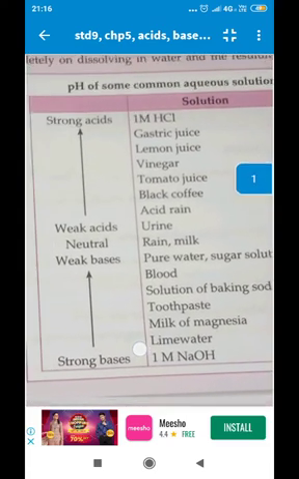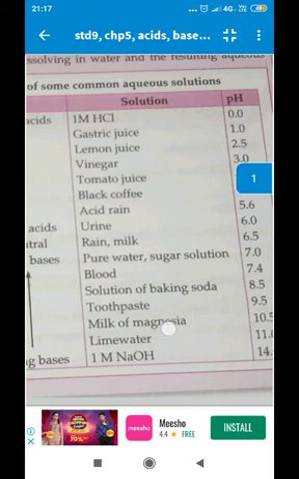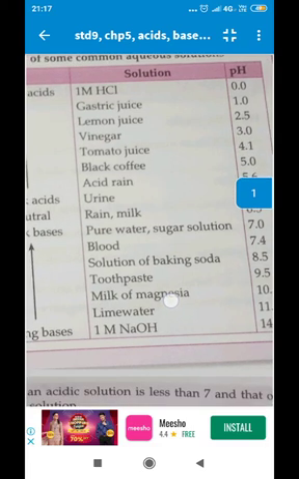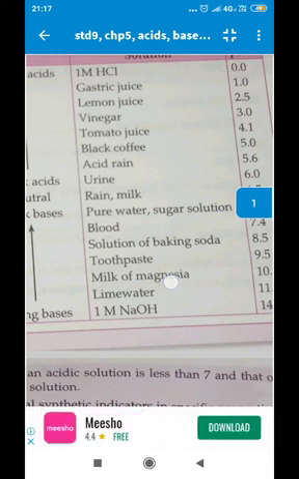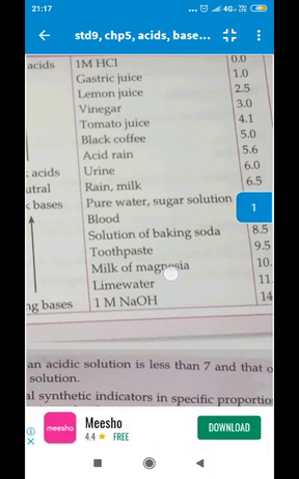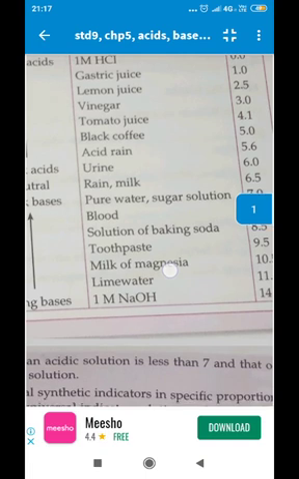You can see the examples here. 1 molar HCl, strong acid, 0.0 pH. Gastric juice 1.0, strong acid. Lemon juice 2.5, strong acid. Vinegar 3.0 pH, again a strong acid. Now, from here, the acidity goes on decreasing. We call it weak acid. Tomato juice 4.1, then black coffee 5.0, then acid rain 5.6, urine 6,